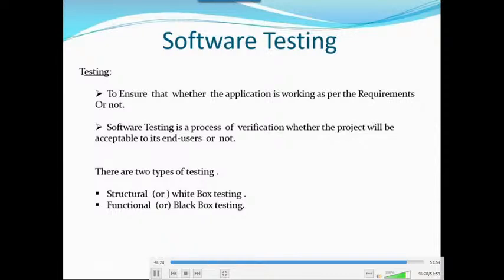Understand, guys? If you work on the product, then only you will get it. It won't come normally while you are testing the application. First of all, you need to have some domain knowledge. Domain knowledge means product knowledge, which is one of the most important things. I cannot test a banking application unless I know what a banking application is and how it works. So what functionality we need to test. First of all, you need to know what exactly needs to be tested. Without knowing all this, you cannot test any application.